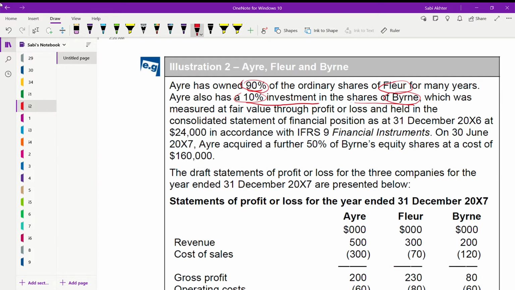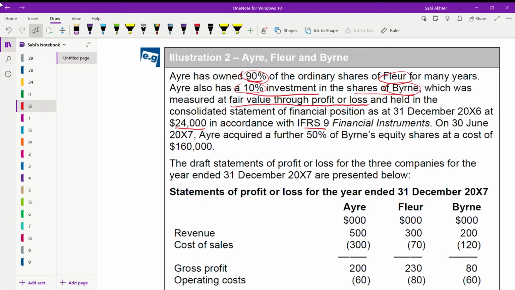And because it's under IFRS 9, they will tell you it is measured through fair value through profit and loss or fair value through OCI. This is fair value through profit and loss. Okay, and it is held at this date as 24,000 in accordance with IFRS 9. Even if they don't write IFRS 9, it is understood that it is IFRS 9 only that you have to use. On 30th June 2007,